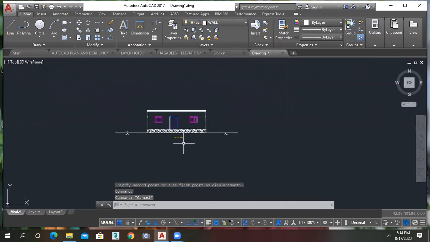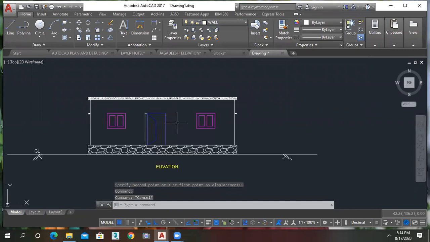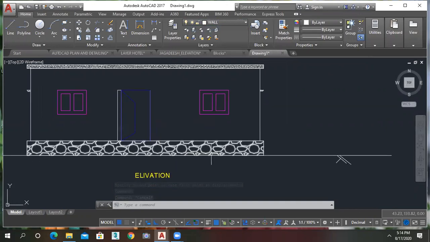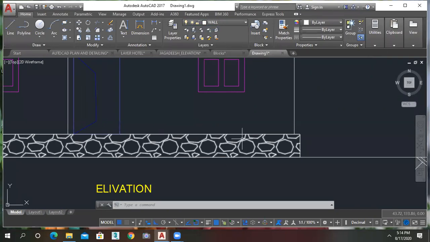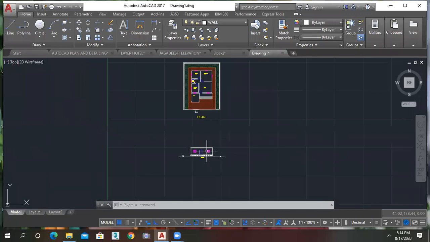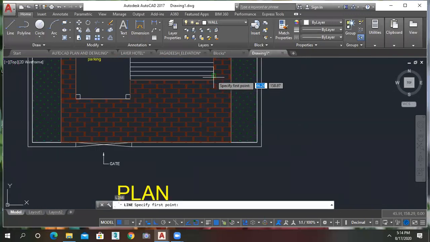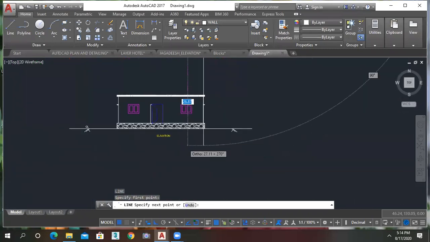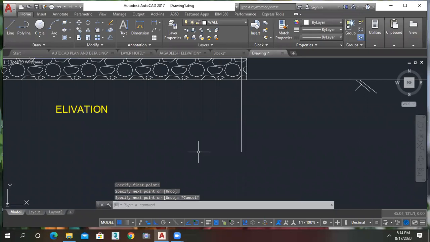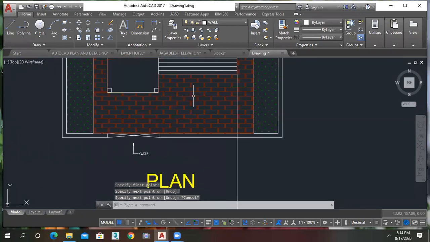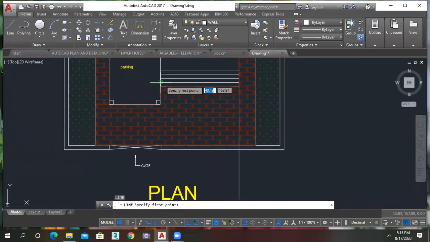Okay. So this is my front elevation. So here you can see the steps also. For that you can just draw the first step portion. You just extend that. Okay, like this. Like this.